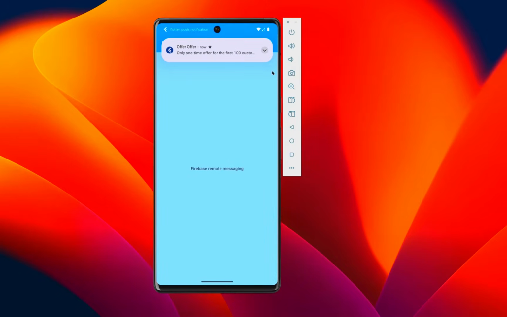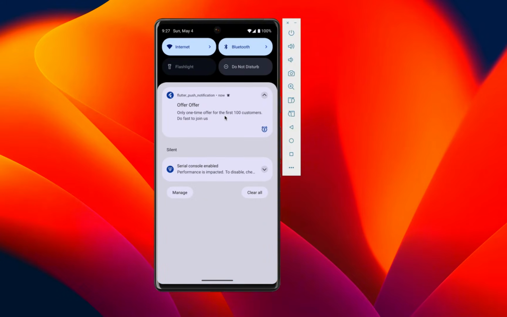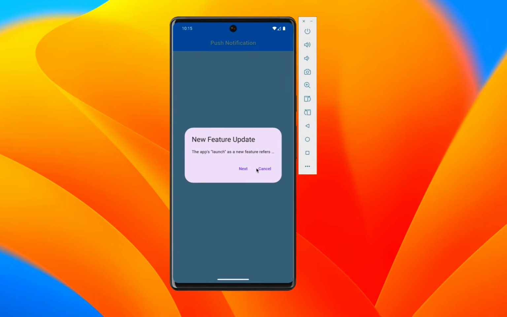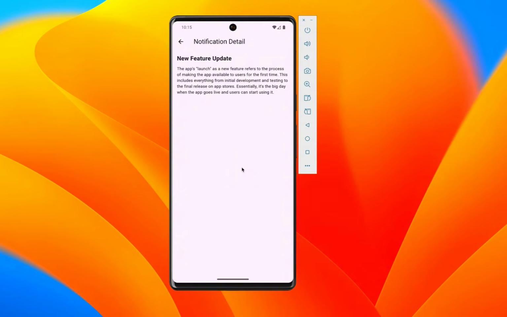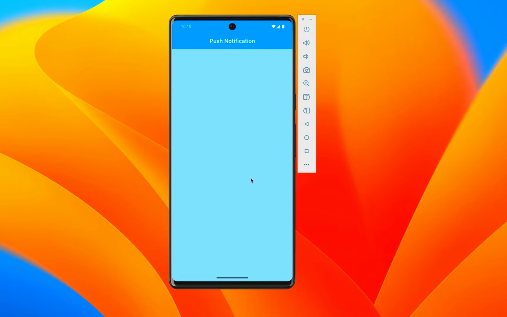Next is the form of top banner that you have normally seen, but especially in this video you will learn how you can send the notification in the alert dialog form. After that, we have also sent the notification when the app is in the background state. And another special thing is if you have completely closed the app, then we have also sent the notification without any